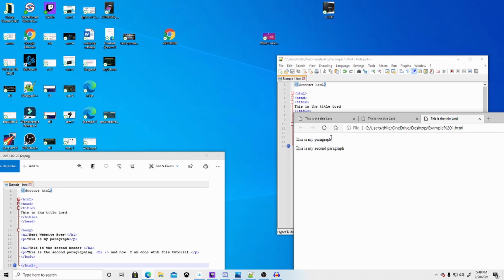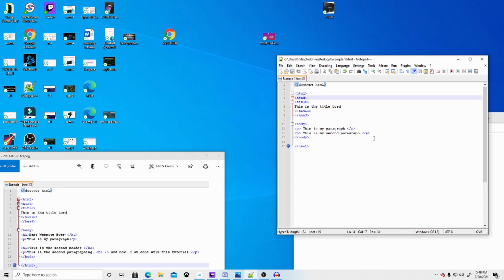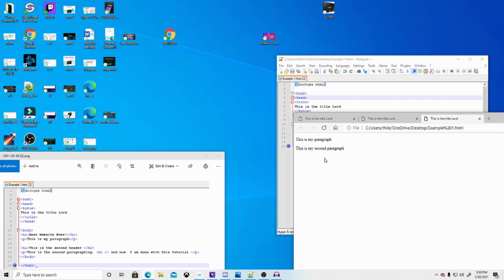Now you can see this is my paragraph and this is my second paragraph, because the mistake I made here is typing P1, P2. I was thinking in the same way I think for header. When it's a header we type header 1, header 2, but for paragraph we don't do that. We just type P alone, we don't put numbers. Now you can see there's a space in between, but